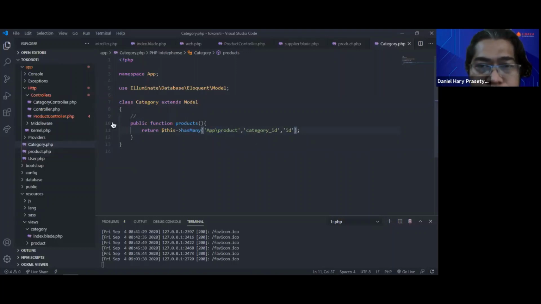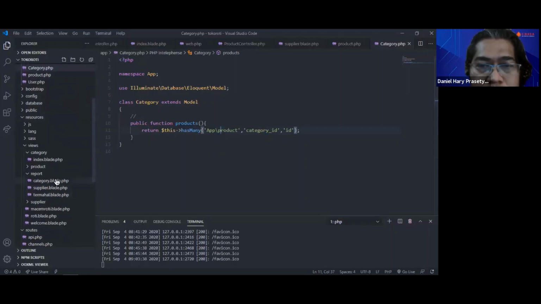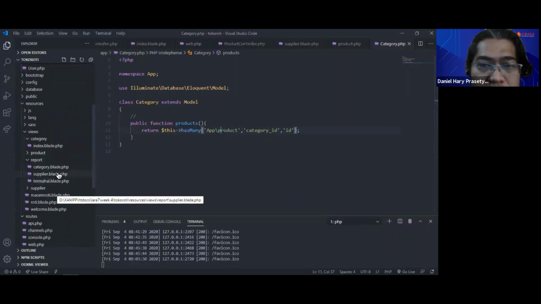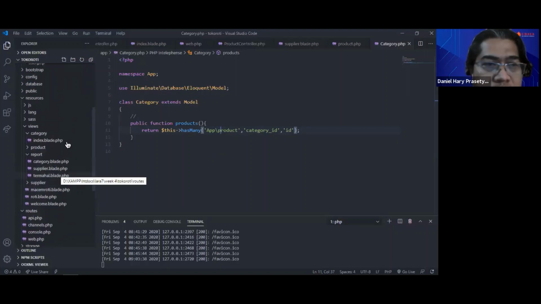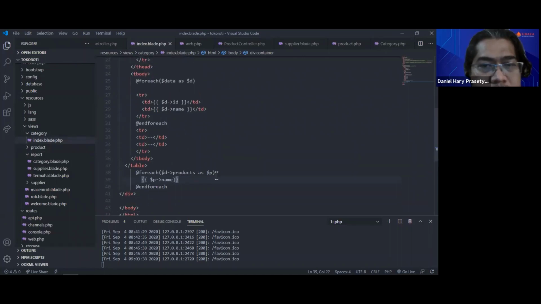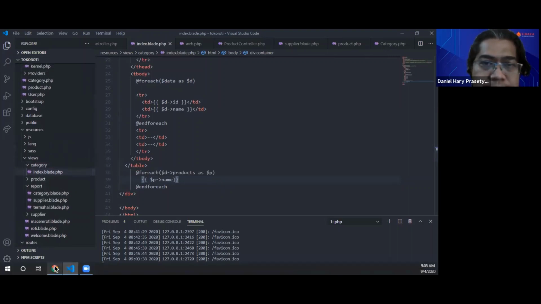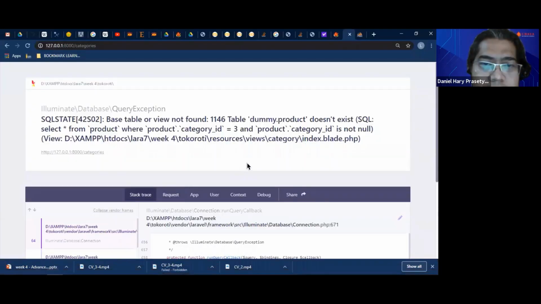So, category index split, products. And the error is product.